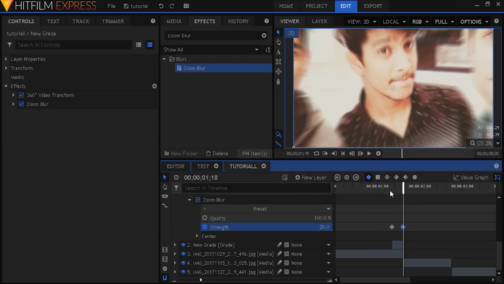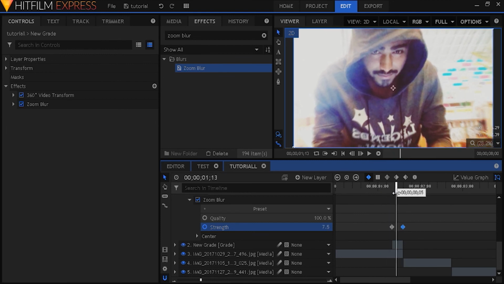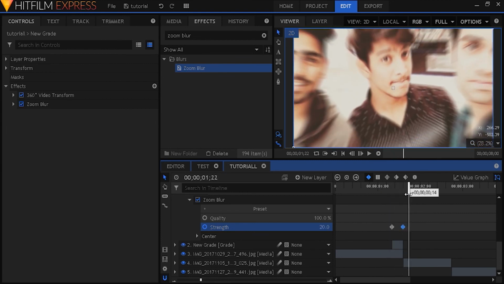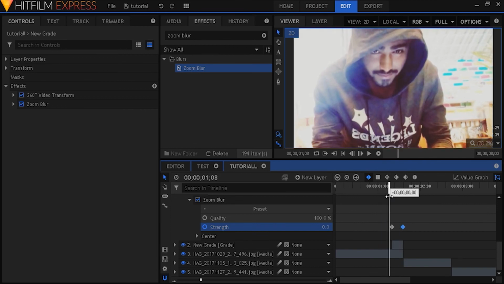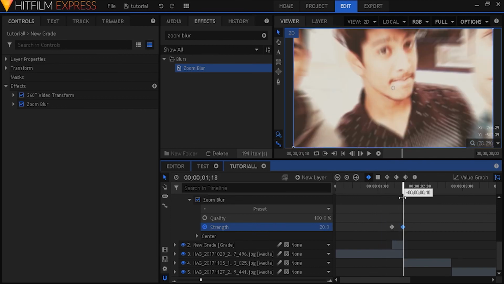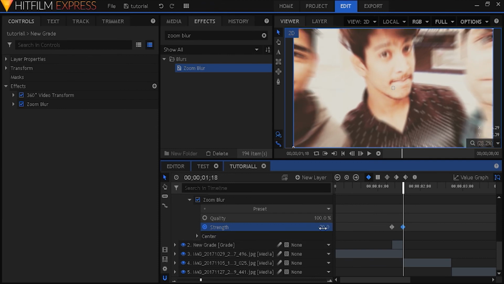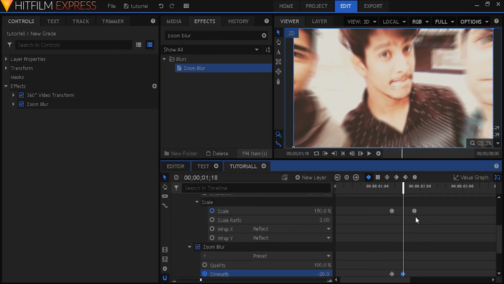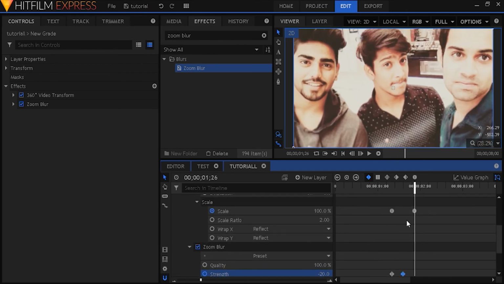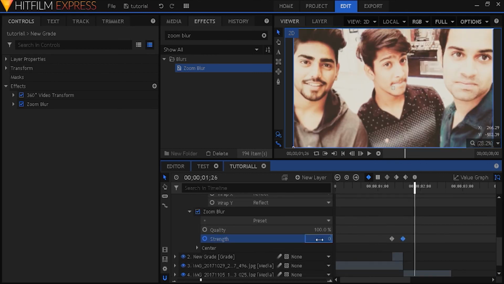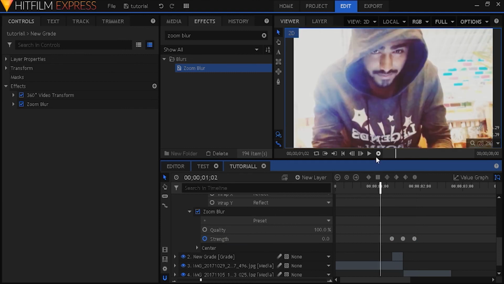Okay, one more thing over here. If you are zooming out in this, for example, I am zooming out from 200 to 100, you just need to change this value from positive to negative 20. And then go to the last keyframe and change it back to 100. Okay, and select all these keyframes and change them to manual bezier. That's it. Let's try to make it